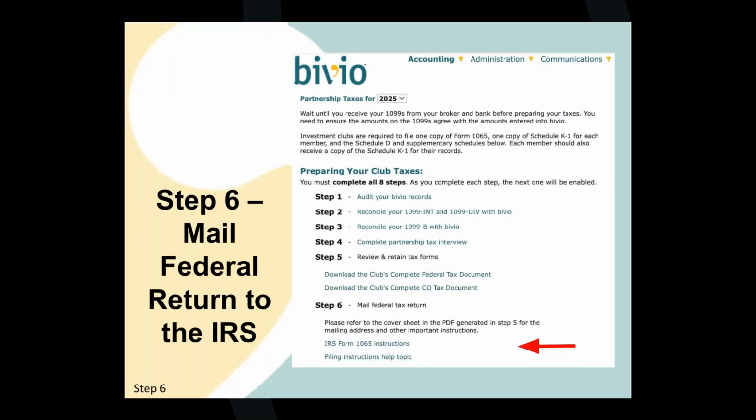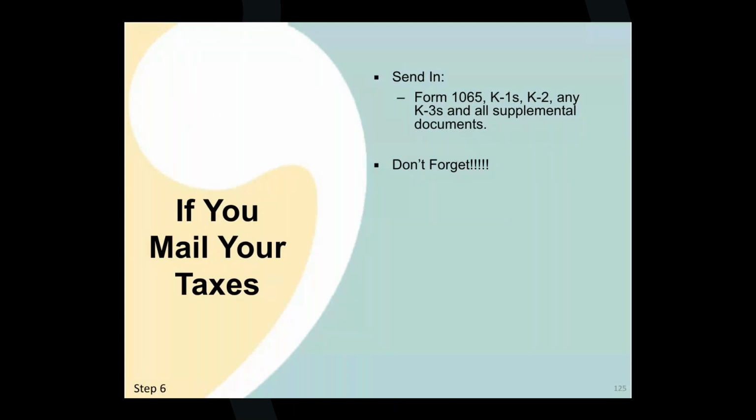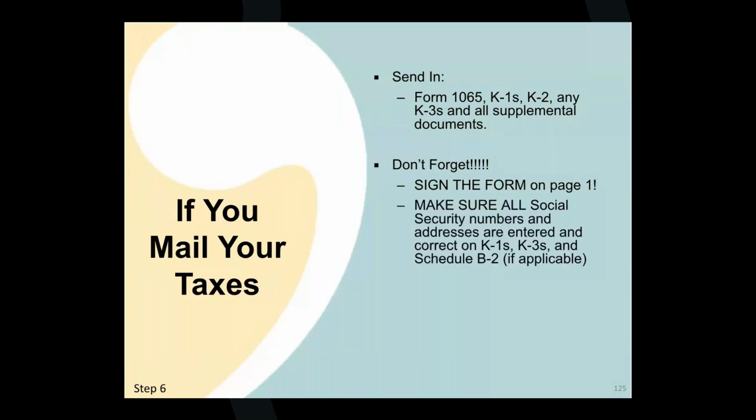The Complete Tax Package link includes everything you need to send in to file your club taxes. This includes Form 1065, K1s, K2, any K3s, and all supplemental tax documents. Don't forget, sign the 1065 form on page 1. Make sure all Social Security numbers and addresses are entered and correct on the K1s, and if applicable, on K3s